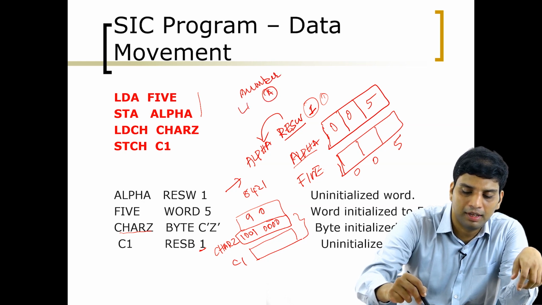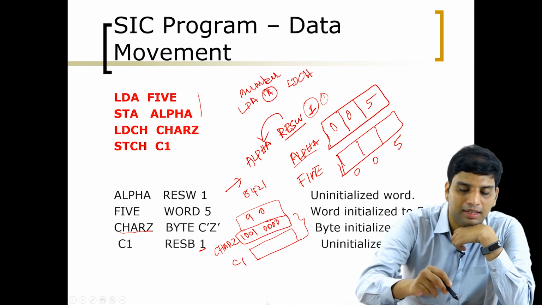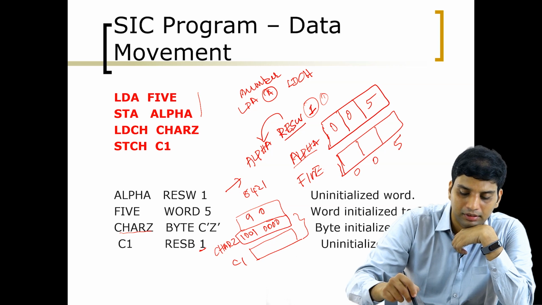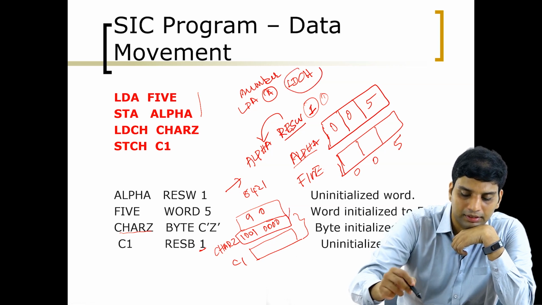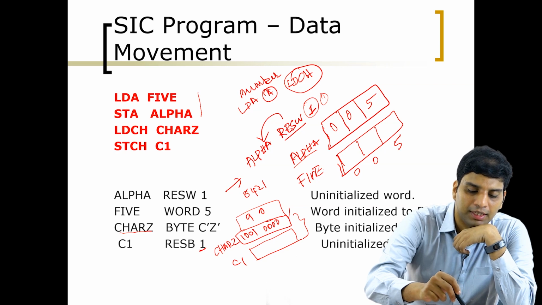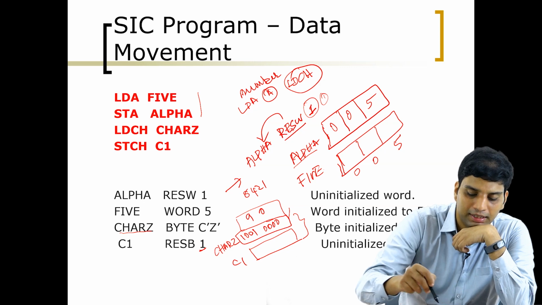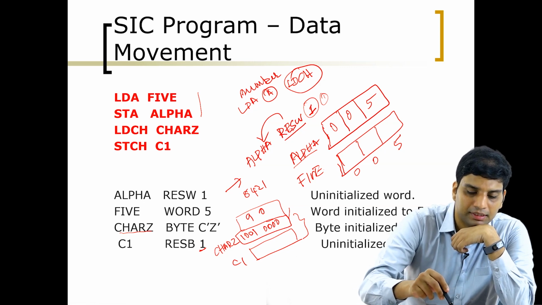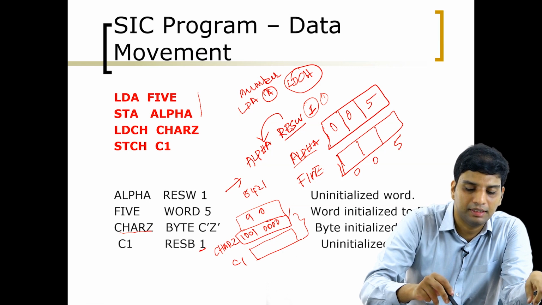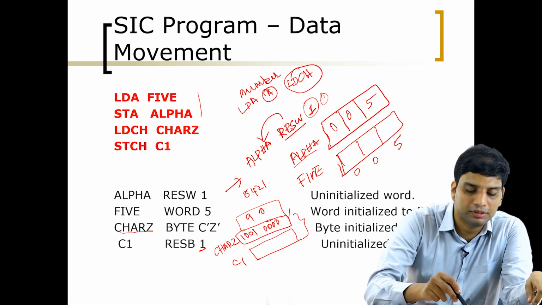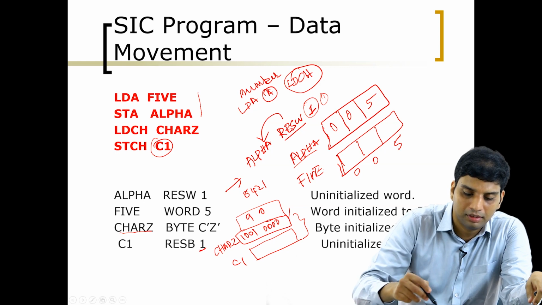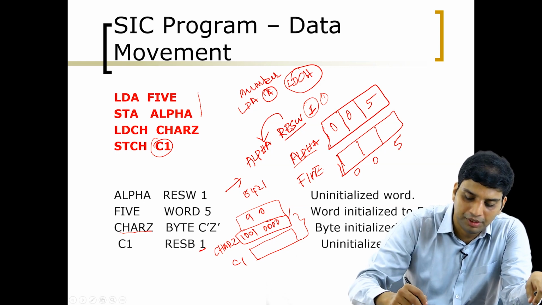it will be loaded in this form, LDA. When you are loading a character, it will be loaded in LDCH method. So LDCH char reset means this value will be loaded into accumulator. LDCH means here accumulator loads a character. Then STCH C1 means now accumulator contains this 90 value, that means Z is there. And STCH stores the value from the accumulator into C1. Now C1 will contain 1001 0000, which means it contains the value Z.